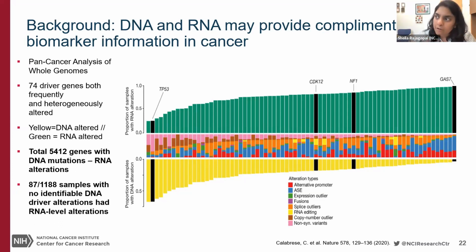It's increasingly the case that RNA may be helpful in addition to DNA to help us identify ways to get at more information about tumors that can be relevant for treatment. So this is a study from the Pan-Cancer Analysis of Whole Genomes that was published about 3 years ago now. And that was a landmark series of papers. And in this study, they're looking at 74 different genes that are associated with driving cancers and really pushing cancers